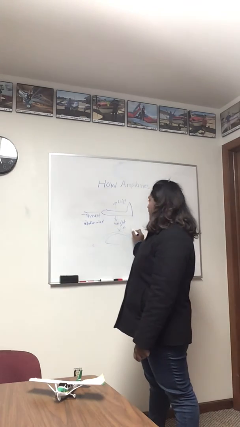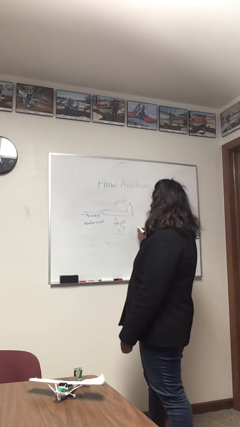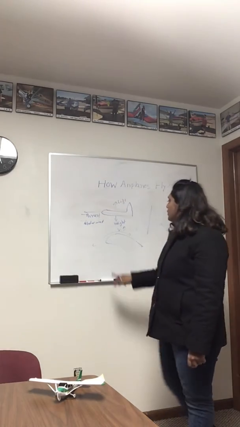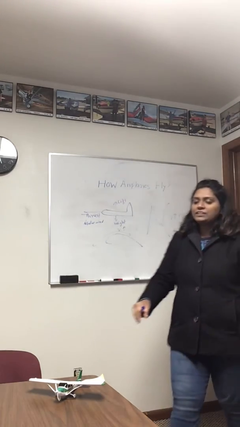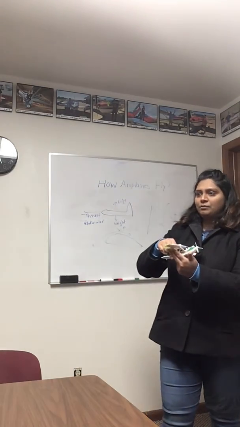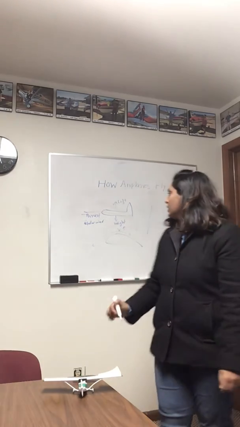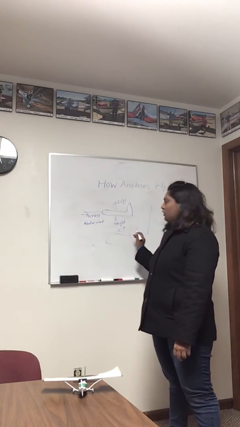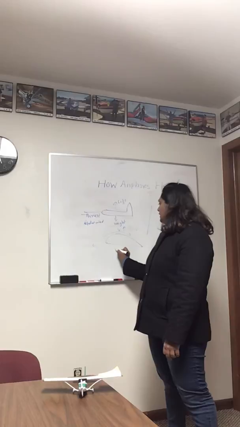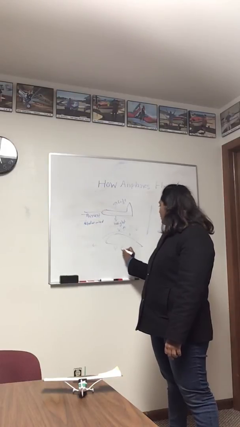What happens to the pressure? It decreases. Okay, awesome. So at the bottom of the wing, it's not curved like that. It's not that much of a curve. So there is nothing happening to the pressure here. So velocity is still the same and the pressure is more